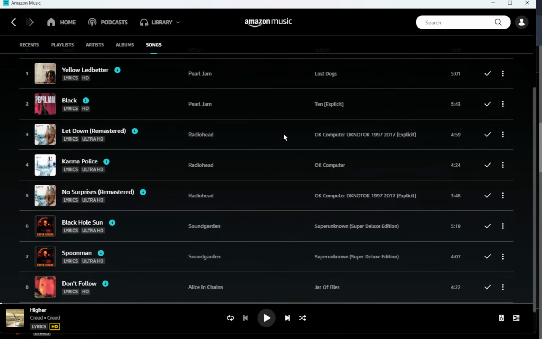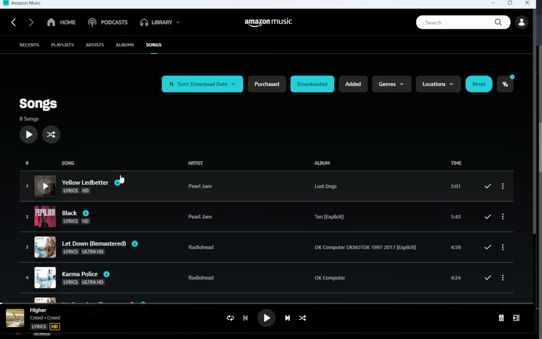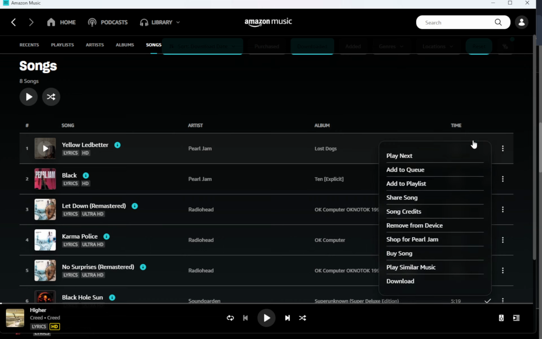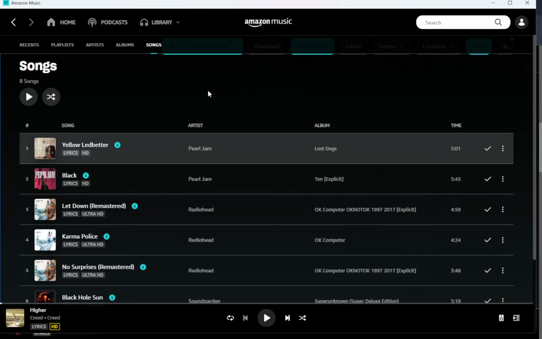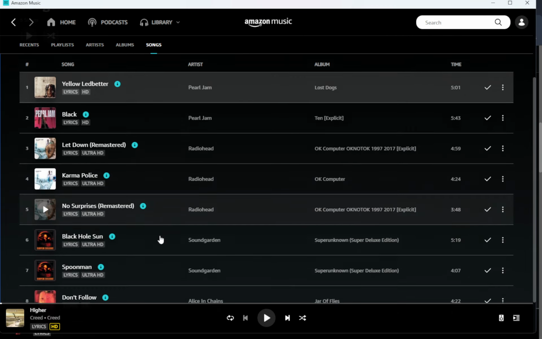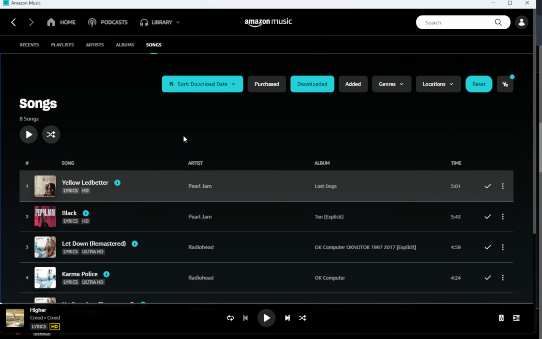When your list appears, you can sort or search as usual and start listening immediately. No internet required. It's important to understand why this section matters. Music you download with an Amazon Music subscription, whether Prime or Unlimited, is protected. The files are encrypted and designed to play only within the Amazon Music app. That's part of the licensing rules, so other media players won't be able to open them, even if you locate the files on your drive.